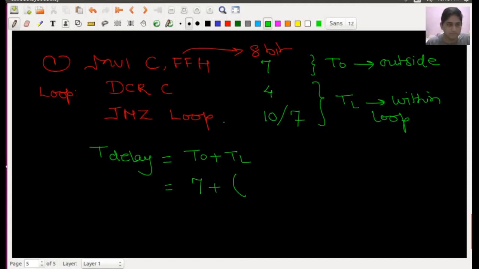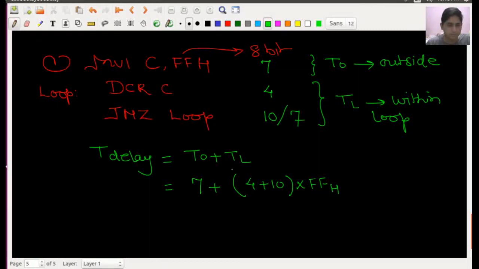If the condition is satisfied, 4 and 10, 4 plus 10. This is running continuously in a loop, and the loop will run up to this count value. So if I am writing the count value here, I multiply the whole thing by FFH.